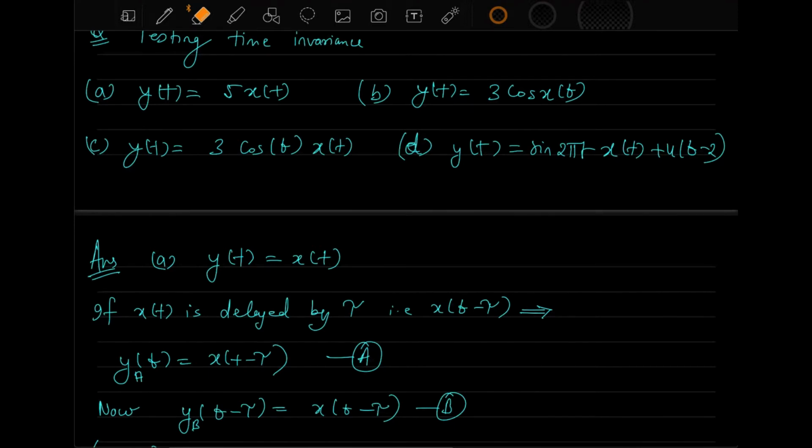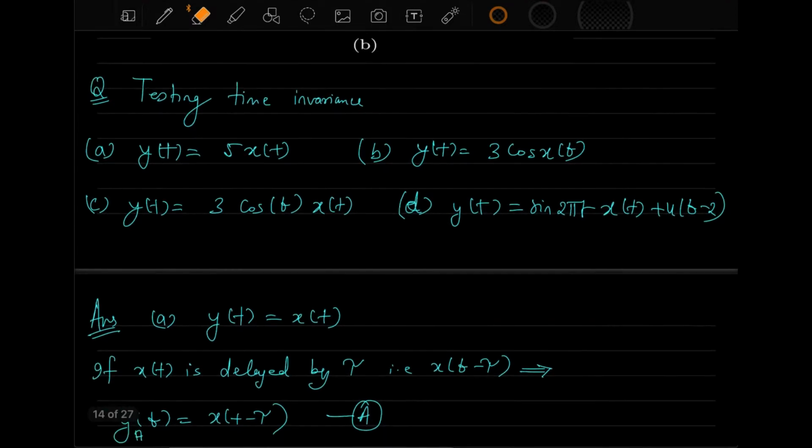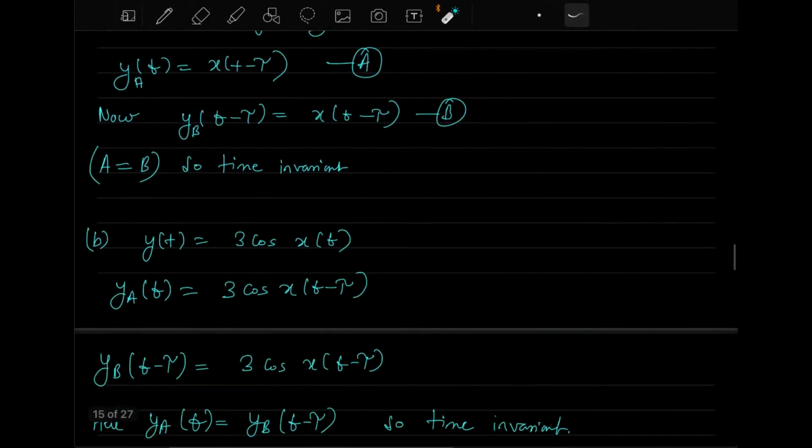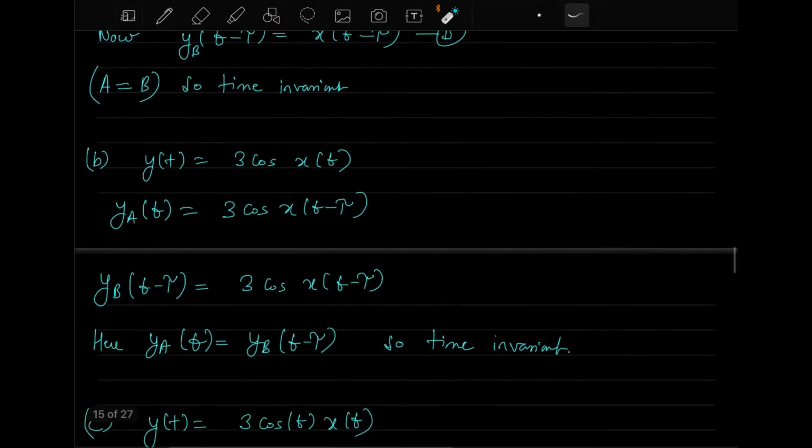Okay, so now if we want to do the testing of the time invariance, in the last class we were discussing this one and this one, and we left after that. In this case, to test the time invariance of this particular function, you will again write like this, and once you do a time shift on the input signal, you will get a t minus tau here, and you call that ya of t. Then you again do a time shift on the time variable also.